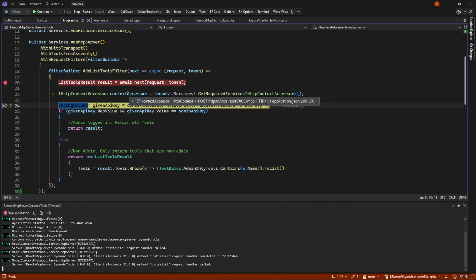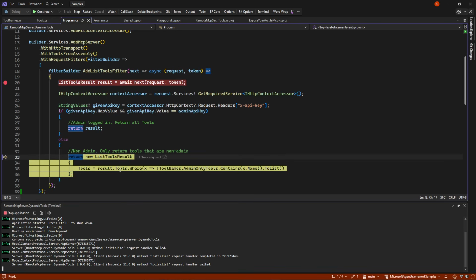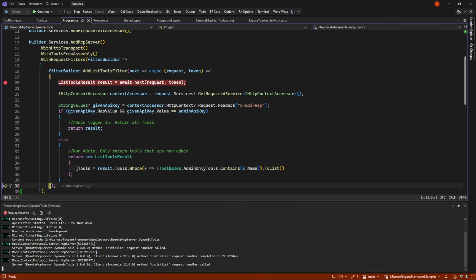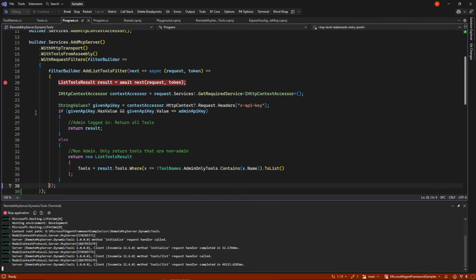Then we grab the context accessor and the API key. So we can see that our API key was the normal password. And since that is not the admin password, we are sent down here where we actually just take our tools, but only get the ones that are not admin tools, meaning two tools. And if we do this, we can now see that I've logged in, but only with those two tools.